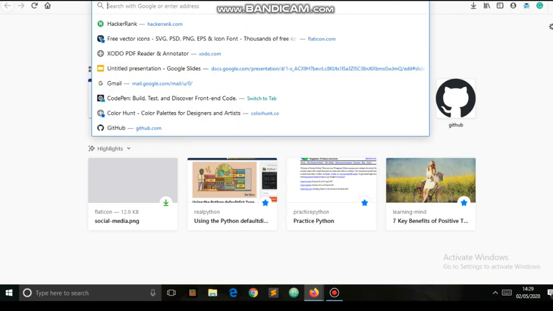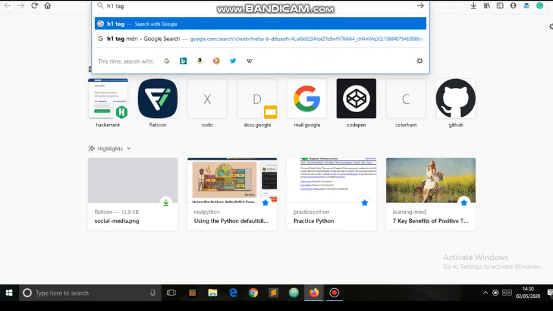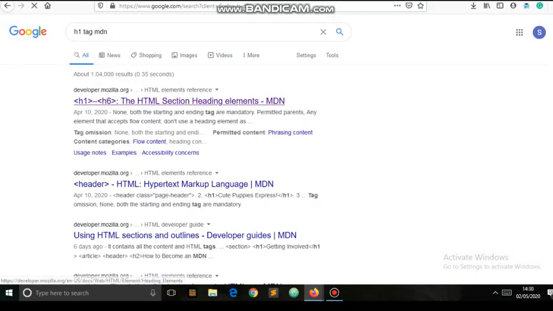The website which I personally use to refer is the Mozilla Developer Network, and since we are reading today about heading element tags, just search h1 tag MDN. You can see the first result given by Google is developer.mozilla.org, which is MDN.